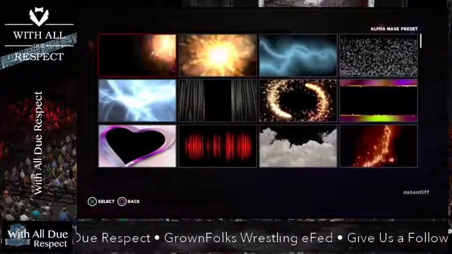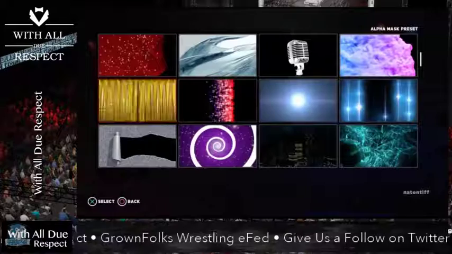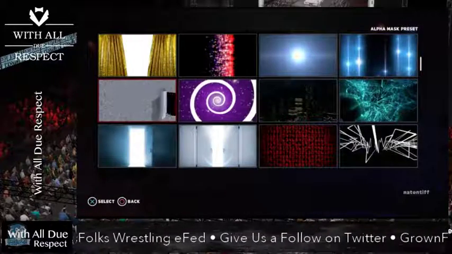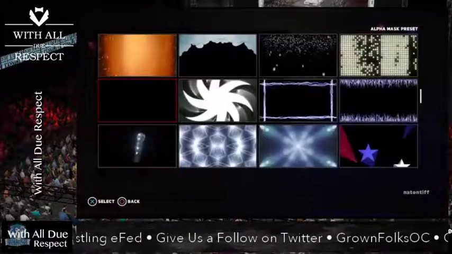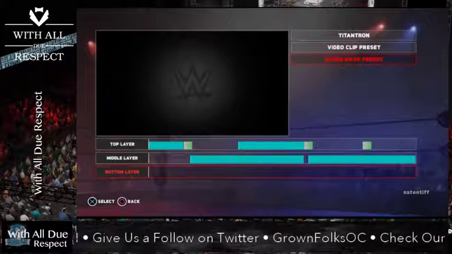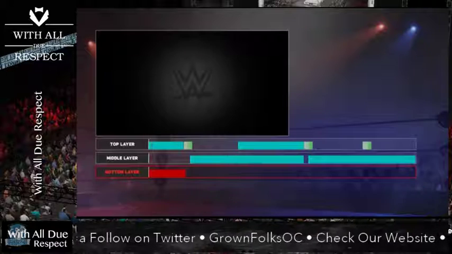And then there's the Alpha Mask preset. Same thing, these are just a little bit different. These have the clear background, so if you lay these on top and there's something underneath, it'll reveal it. But again, you have full creativity. Have some fun with these and set these. You'll see what I did here with Captain's,